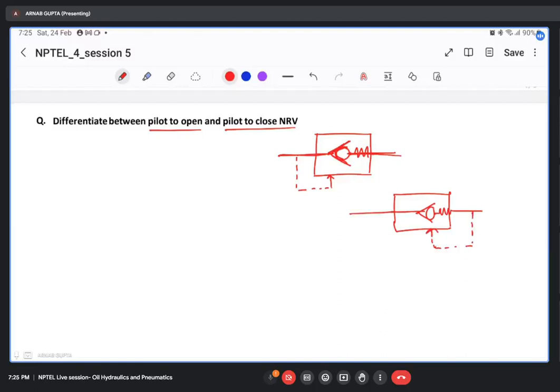One is pilot to open. Pilot to open means based on the pilot signal, the valve will open and it will allow the flow to happen from, say, A to B. And you have a pilot to close valve, that will close the valve and restrict the flow based on the pilot signal. So that is the main difference. Now if we talk about the application part,